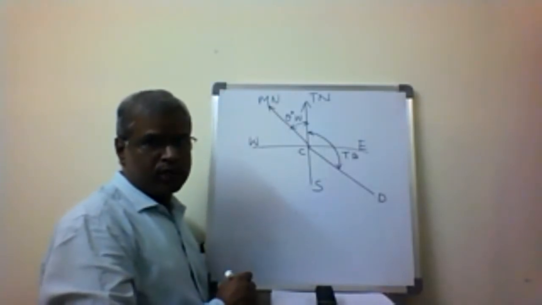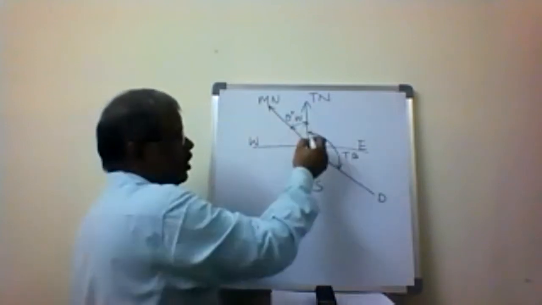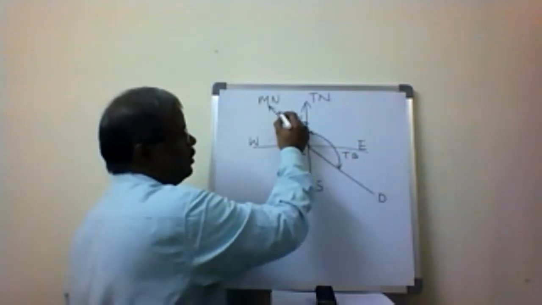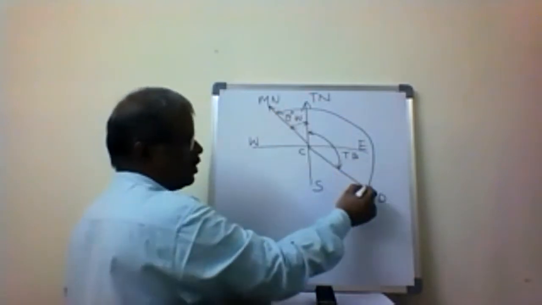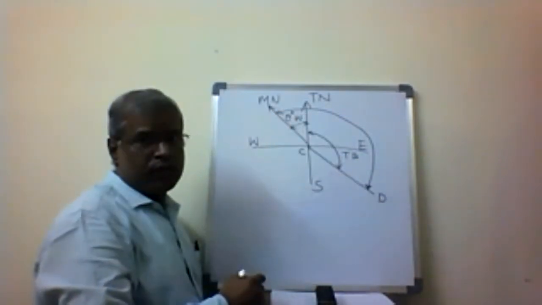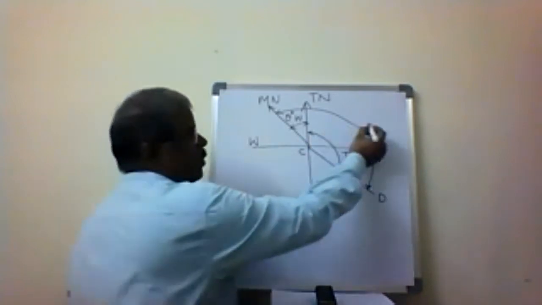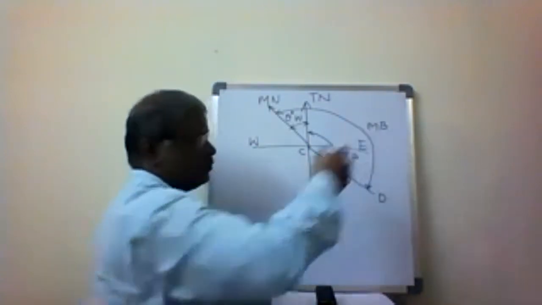Magnetic north is the reference point for one, and true north is the reference point for the other. Measuring from true north gives the true bearing. Measuring with reference to the magnetic north gives what is called the magnetic bearing.